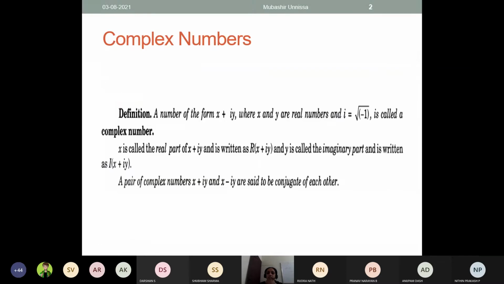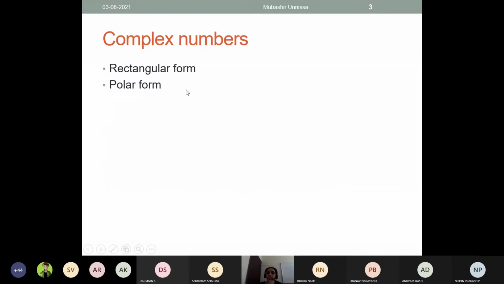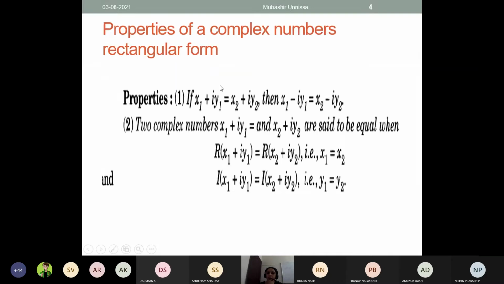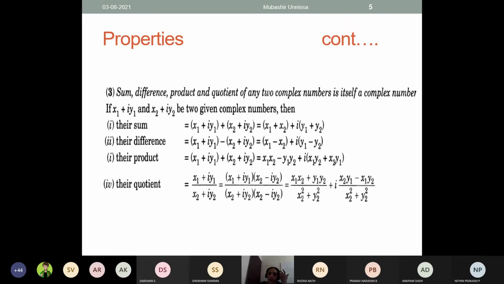So yesterday I gave you this definition, what is a complex number, and a complex number is displayed in rectangular form and polar form. Then some operations, real part and imaginary part. I told you when two complex numbers are equal: the real parts and imaginary parts are equal. Then only do we say that the two complex numbers are equal. And I told you we can find the difference, product and quotient, that is division. When you are finding the division, always remember that in complex numbers you cannot directly divide; you have to multiply by the conjugate and then only you can divide.